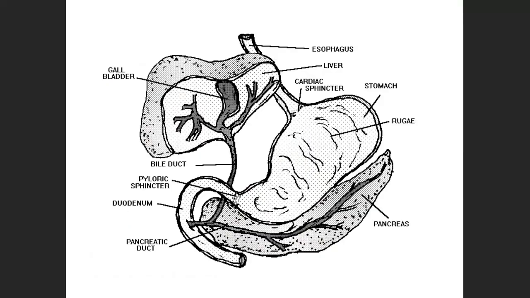And then we have a picture here of the esophagus going down into the stomach. Now, once the food squeezes down through the esophagus by peristalsis, it has to go through a little valve called the cardiac sphincter. And then it enters the stomach. That cardiac sphincter is very, very important because the stomach has very powerful smooth muscles. If you ever threw up, you know what I mean. When the stomach churns and mixes the food with the digestive juices, which contain acid, the cardiac sphincter prevents that from popping back up into your esophagus and causing it to burn. That used to be called heartburn, but now it's called acid reflux or GERD.